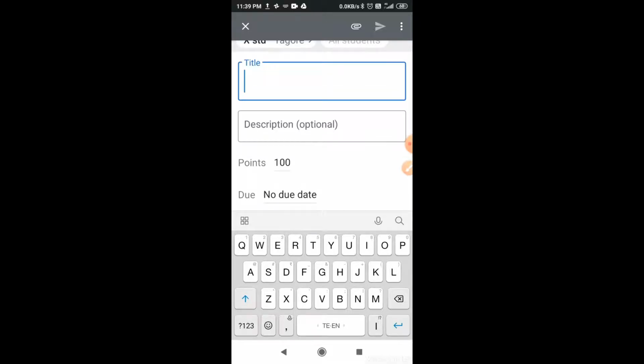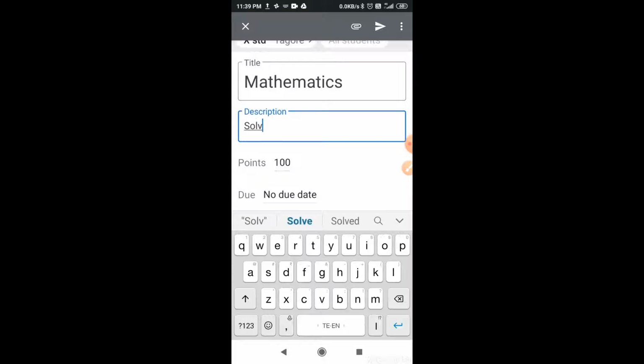Say, let me give mathematics or English, poem, whatever it is. Okay, mathematics, description, solve 3 problems. If I have given 4 or 5, I can say any 3 problems.